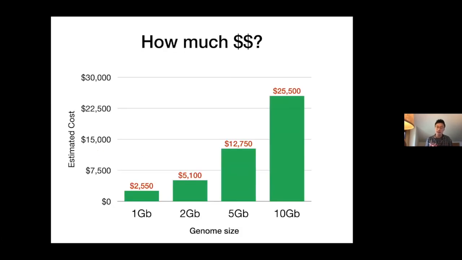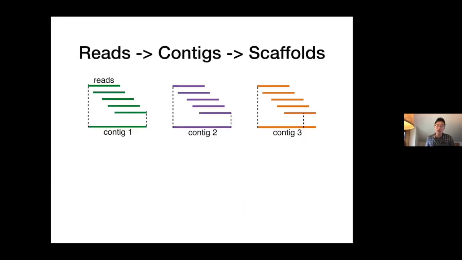And the cost is pretty much scalable linearly. So for 1 GB it's $2,500, and 5 GB is $12,000. And yeah, it's getting pretty economical now, if you're willing to do things yourself: make the library prep yourself, do the sequencing yourself. Okay, so